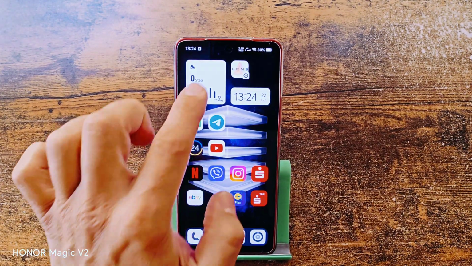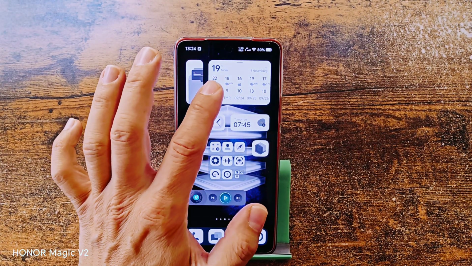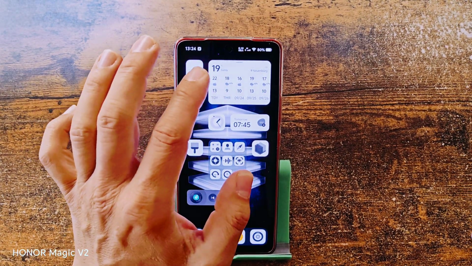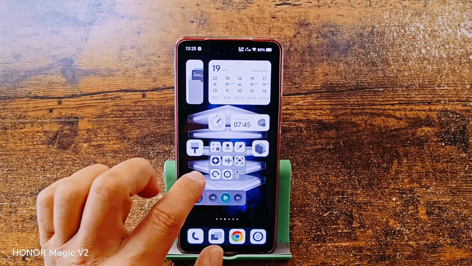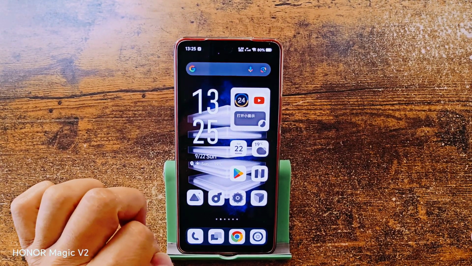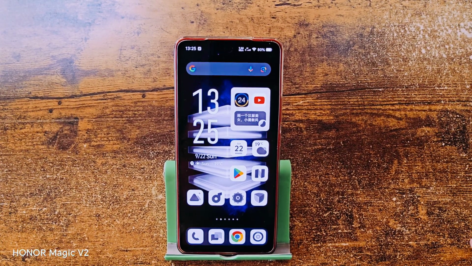I use the step counter widget. I use the weather widget. I find it absolutely informative for me. I love this. Maybe some other widgets, but again, guys, I can go on about the Origin OS for hours,